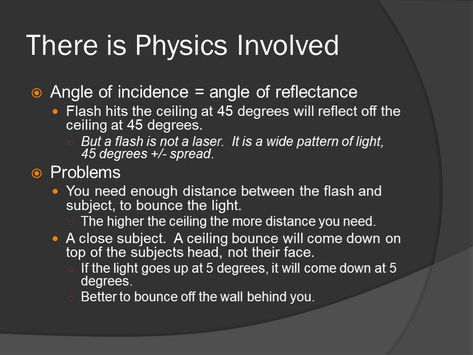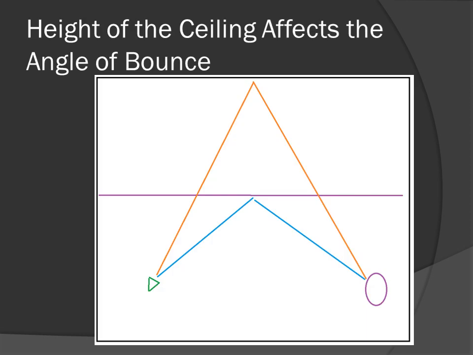Problems: you need enough distance between the flash and the subject to bounce the light. The higher the ceiling, the more distance you need. With a close subject, a ceiling bounce will come down on the top of the subject's head, not their face. So when the subject is close, you don't want to do a ceiling bounce. If the light goes up at 5 degrees, it will come down at 5 degrees. Better to bounce off the wall behind you. Examples: